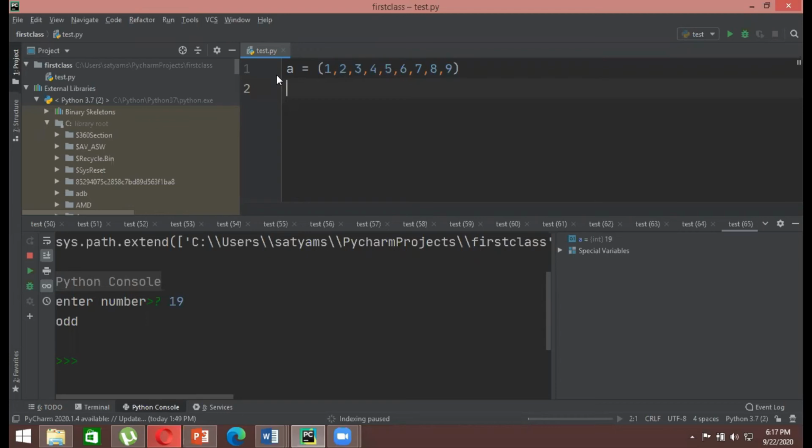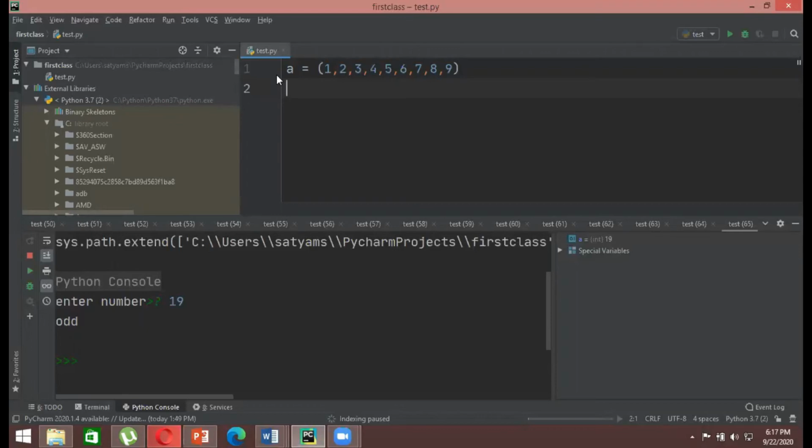Basic idea, like basic logic, what you can come up with. So first we take A mod is equal to 2. If it's divisible by 2, then it will be even, or else it's odd. Right. But that is true when you are going to find for a specific number, right? But what I want is I want my Python program to do those mathematical operations, and it will calculate in this tuple. So this tuple consists of these numbers from 1 to 9.